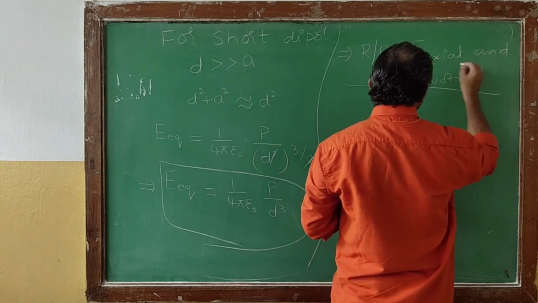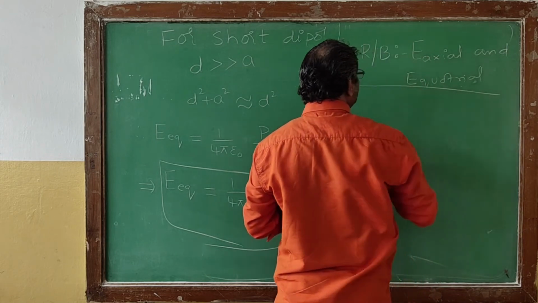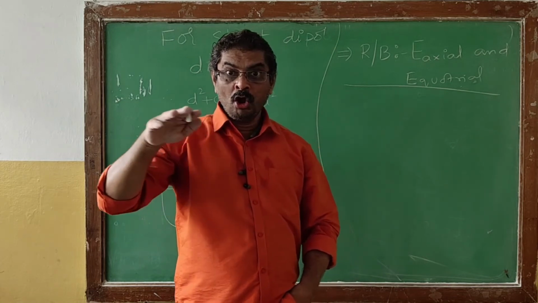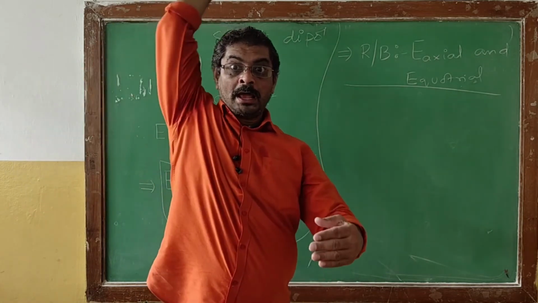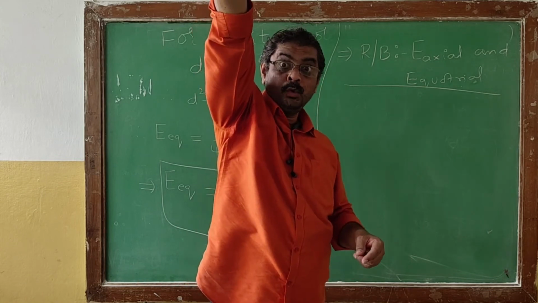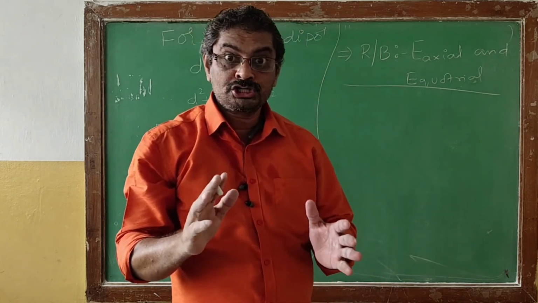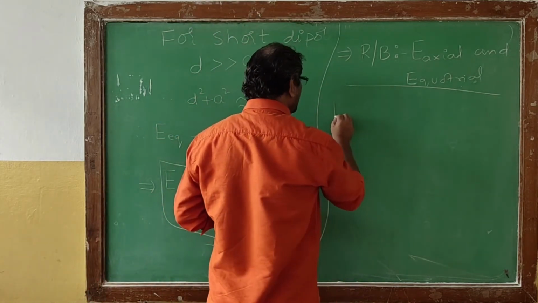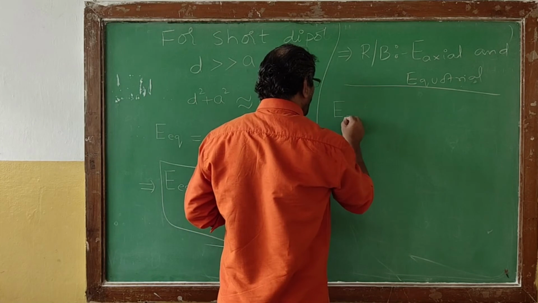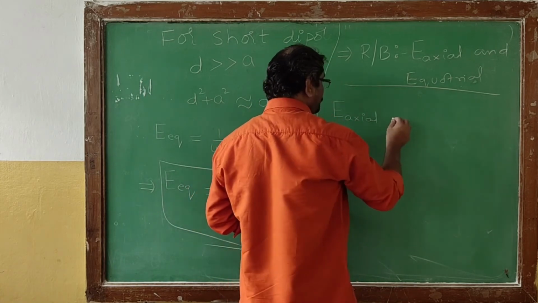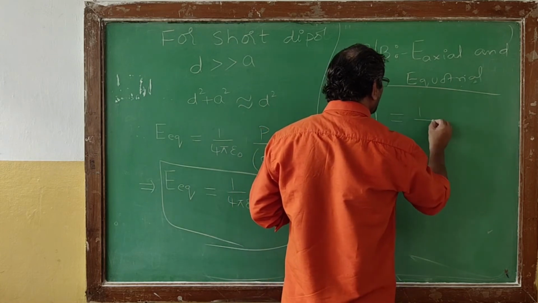What is the relation we got now for the electric field on the axial line to the electric field on the equatorial line for a short dipole? You already know the electric field on the axial line of a short dipole will be given by the formula